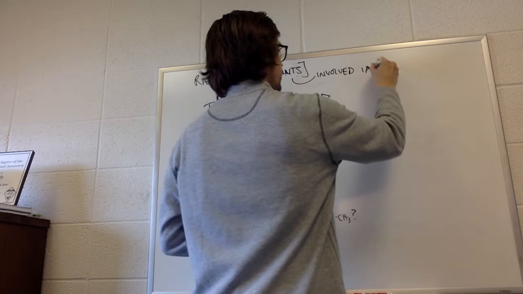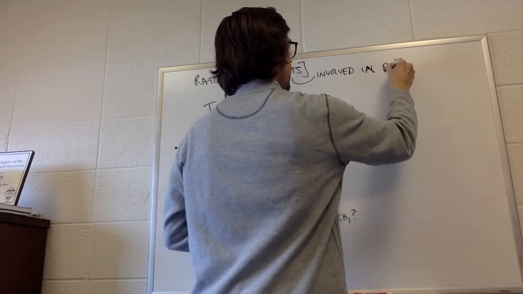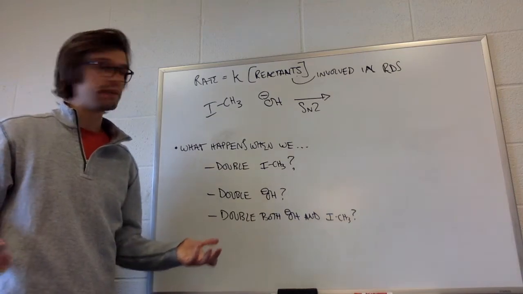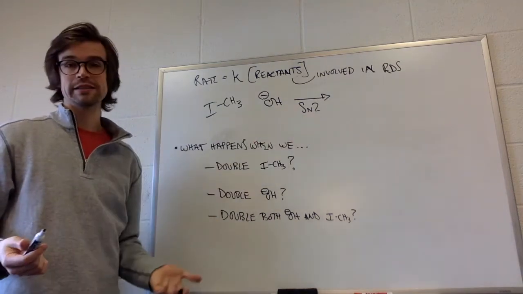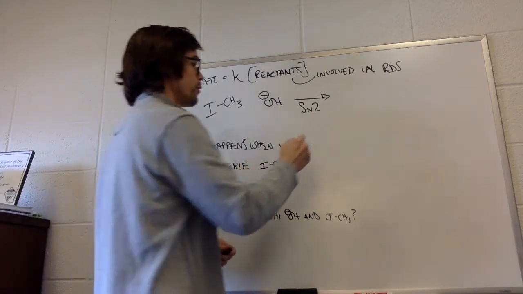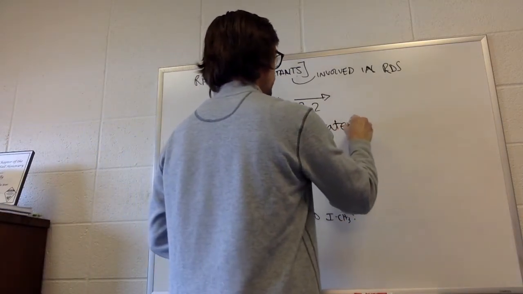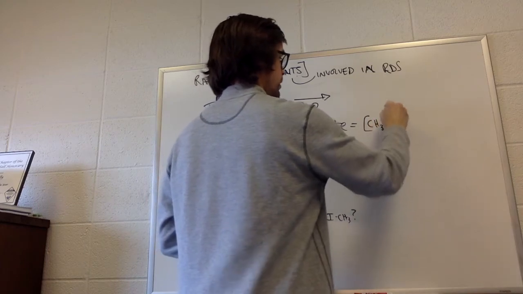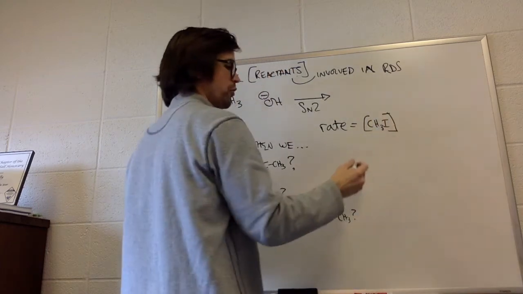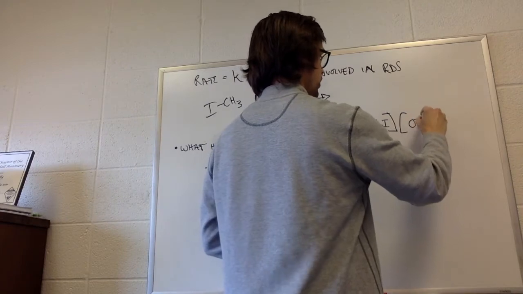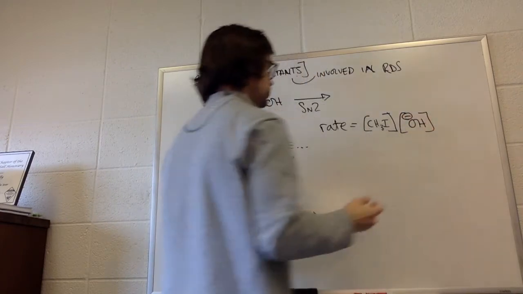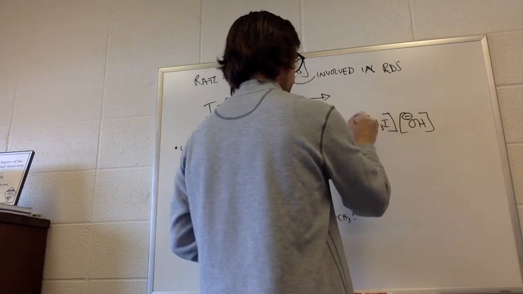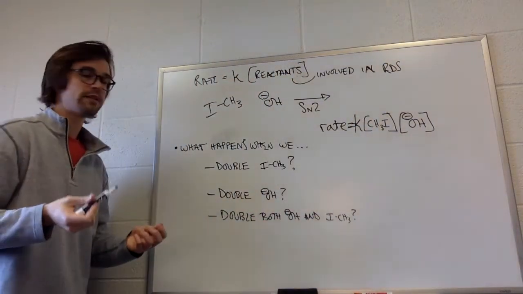in the rate determining step. And at this point, both of the reactants have always been involved in the rate determining step because we've only talked about SN2 reactions so far. So the rate equation here would be rate equals the concentration of CH3I multiplied by the concentration of OH minus. So that would be, oh, and we forgot our rate constant K. So that would be the rate,